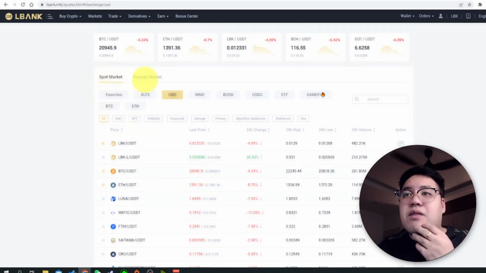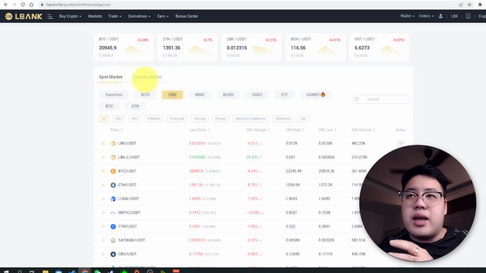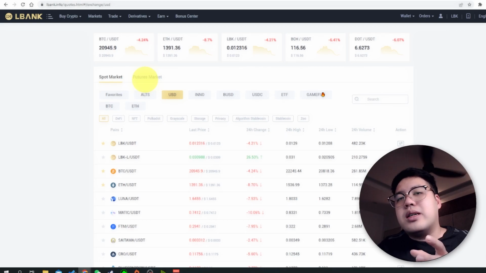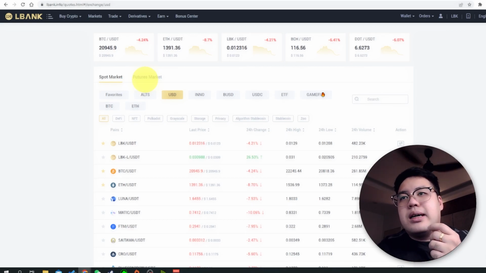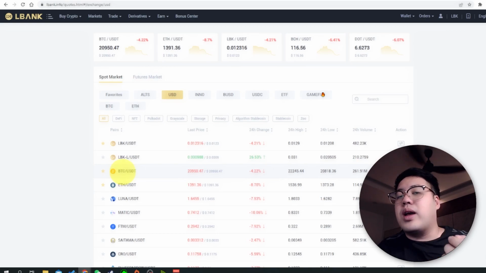There is the spot market and the futures market, and the difference between them is that spot is like buying the share market. For example, you buy Apple shares, and you take BTC as the share, so you are buying Bitcoin as a share. So you buy and you keep,